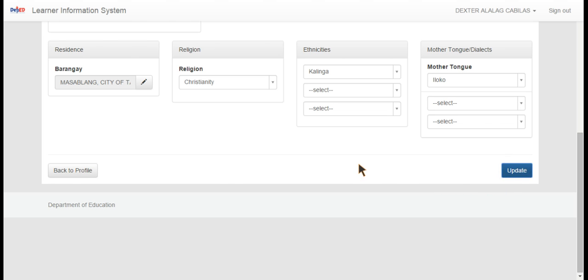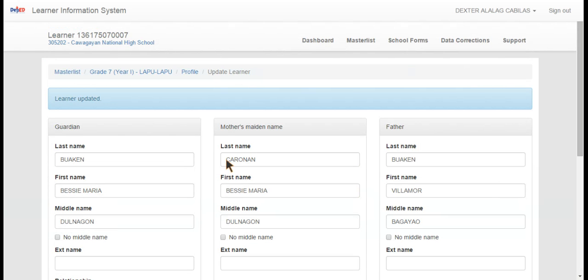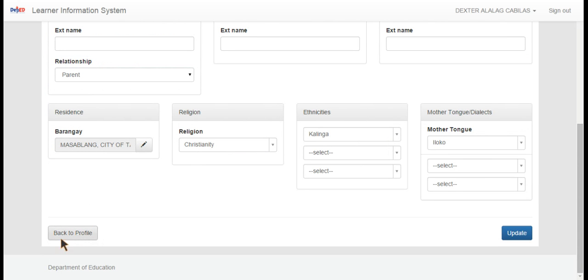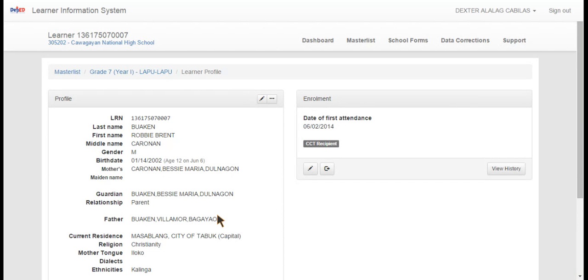Now once you click on update, take note that it gives us a prompt saying the learner is updated. So once you are done, all you have to do is to click on back to profile. And then a new window will pop up again.